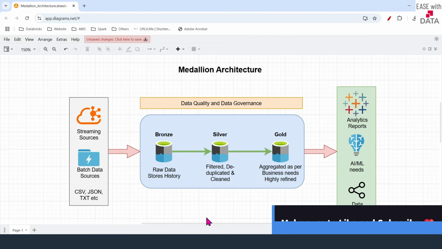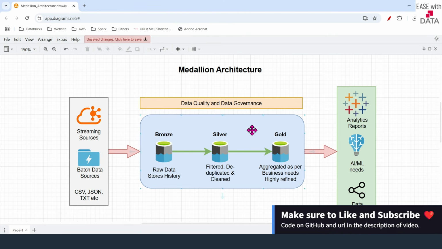I hope you understood the use cases and why different layers are being used in a medallion architecture. In our next video, we'll start working with DLT, and we are going to create a medallion architecture to process the data from one